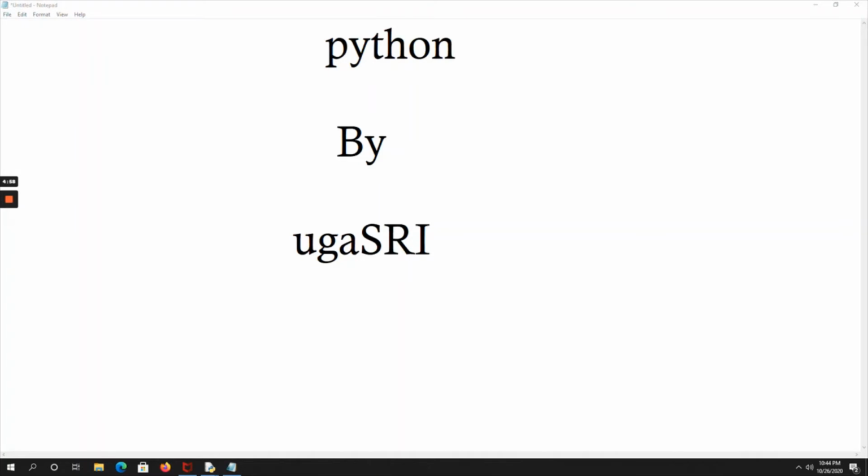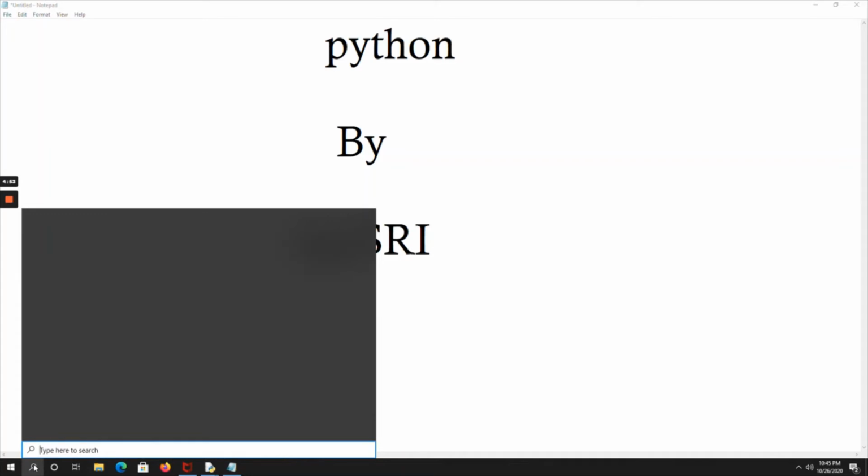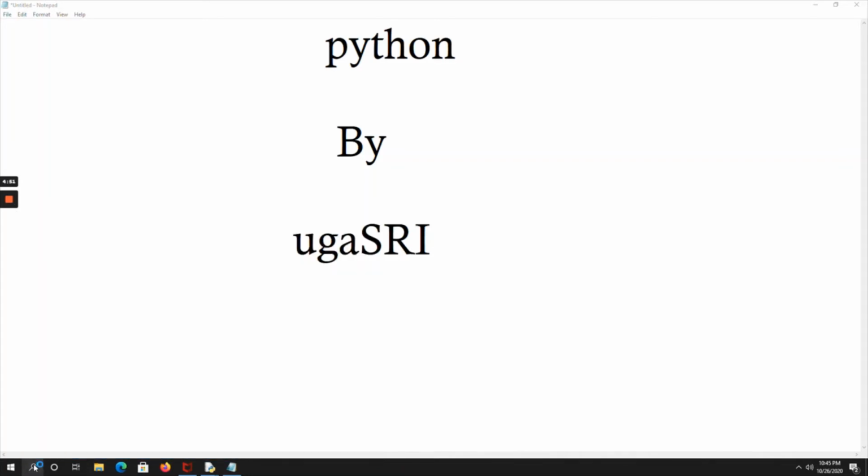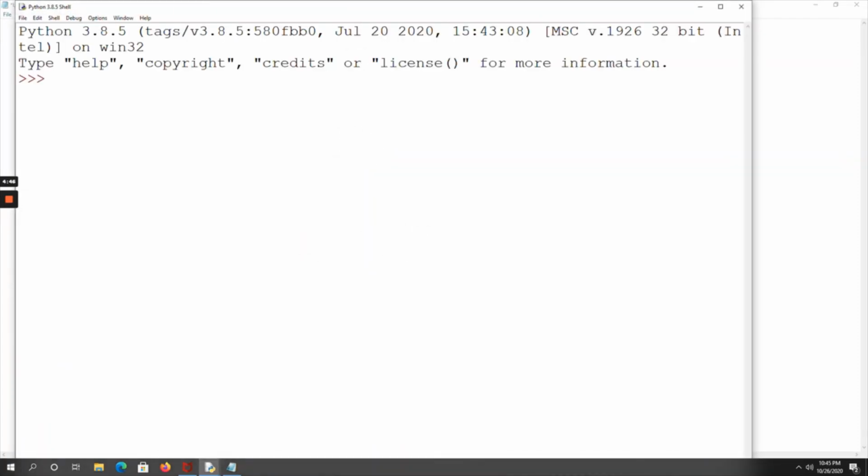Now let me show the execution of code using dictionaries. For that, go to Python IDLE. Here open a new file.